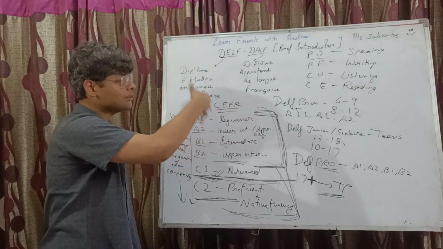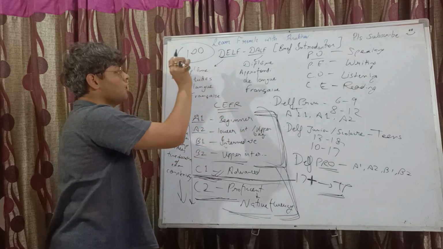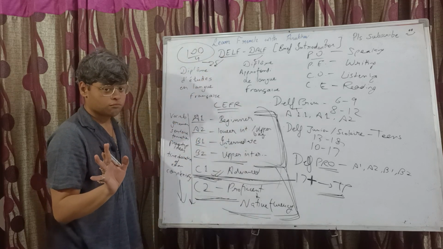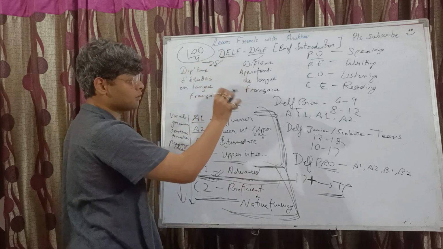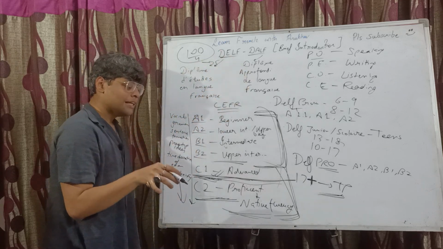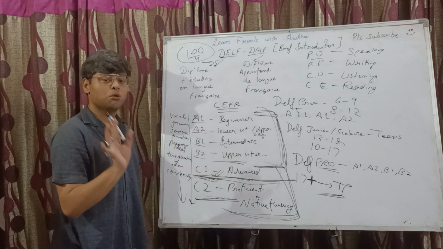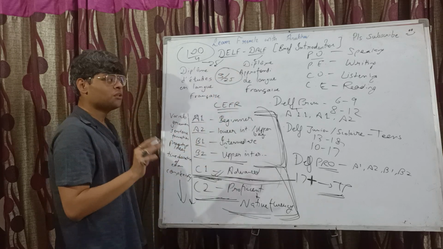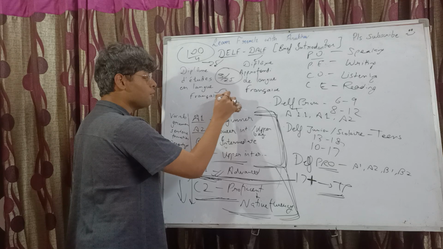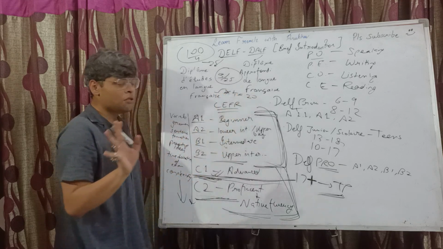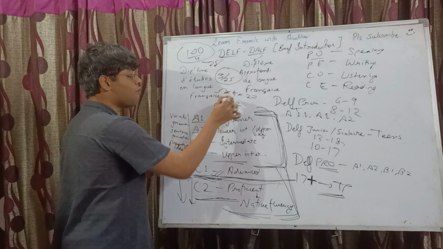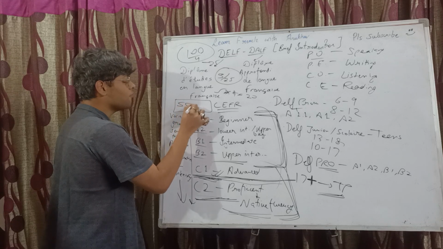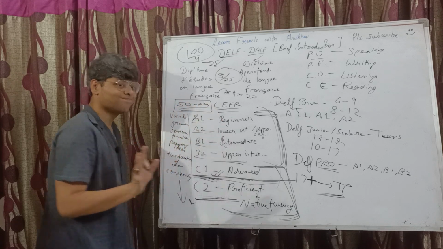PO PE CO CE. All these 4 sections, a 100 marks exam is there. So 100 divided by 4, 25. All these 4 exams are of 25 each. So 25 plus 25 plus 25 plus 25, 100 marks in total. Passing criteria is a minimum of 5 out of 25 you need to get in each section. Now suppose you have got 5, 5, 5, 5, that's 5 into 4, that's 20. Does that mean you are going to clear the exam? No. Why? Because you also need to fulfill one more criterion: a minimum of 50 marks aggregate.